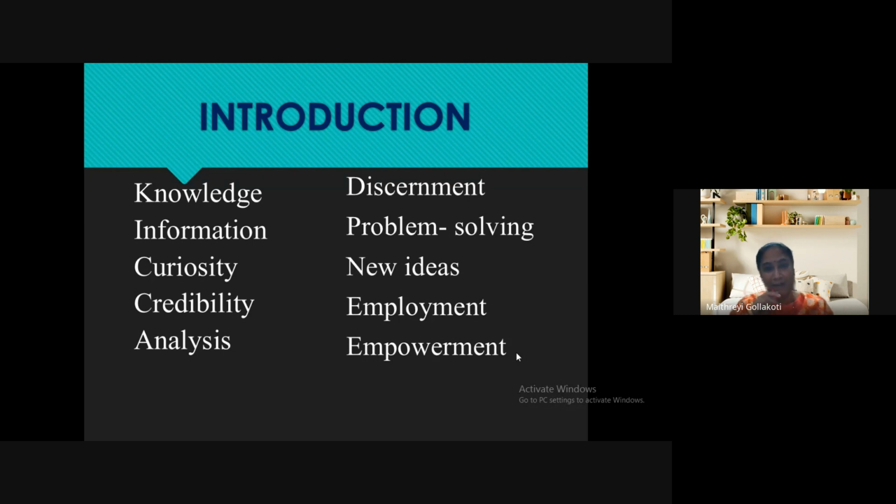So both we have done. And whenever something is invented or discovered, it empowers the humanity. It gives us strength to find out new things, to become stronger economies, and to become a stronger planet, isn't it? So that is why research also empowers people. So these are the different facets of research.